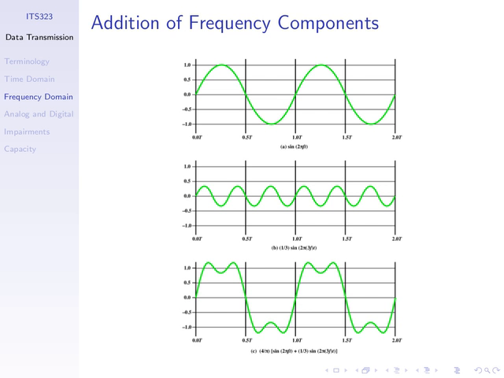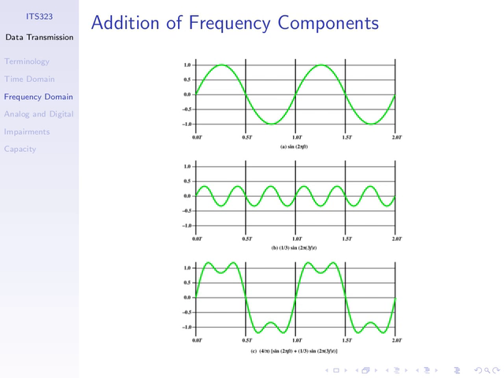So we have an impulse that goes up to 1. The second component has a frequency of 300 Hertz and a peak amplitude of 1/3. So at 300,